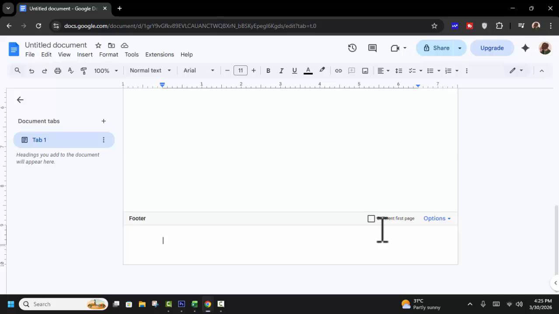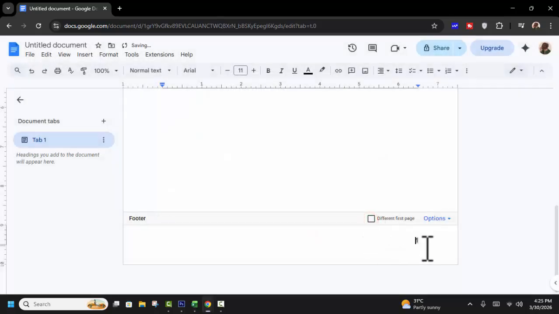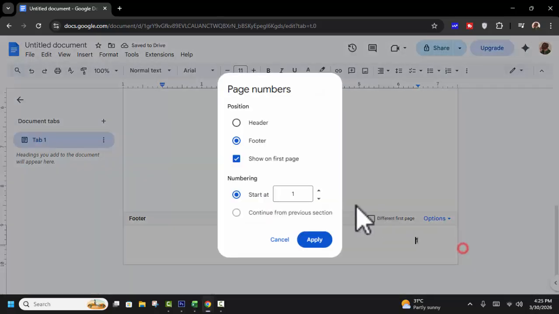type your footer, or different first page options, page numbers, starting, choose your page number. Okay, and